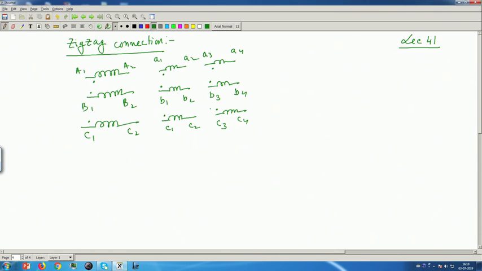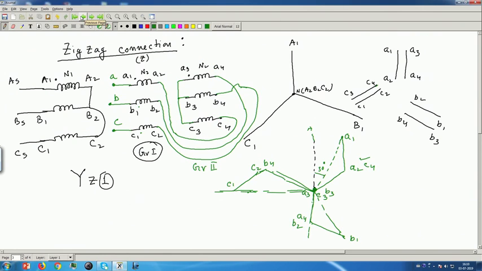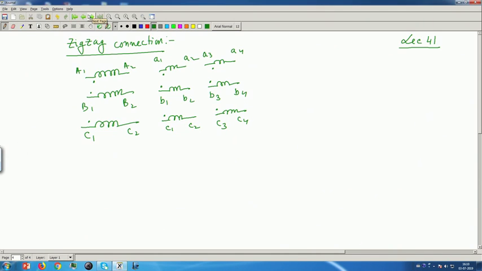And last time I told you how to implement YZ1 connection. See, YZ 0 is not possible. You cannot have a YZ 0 connection. So, you think about that, but YZ1 is possible. Now, let us try today say YZ11, so that you can practice it, whether YZ11 connection is possible or not, that will also come out.